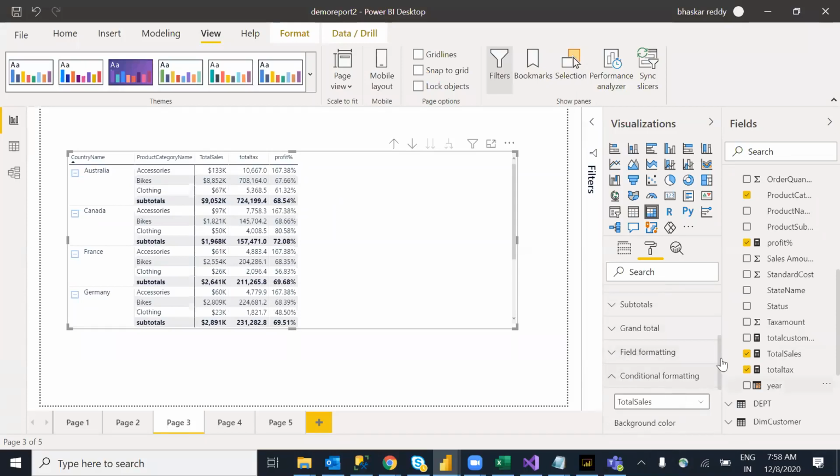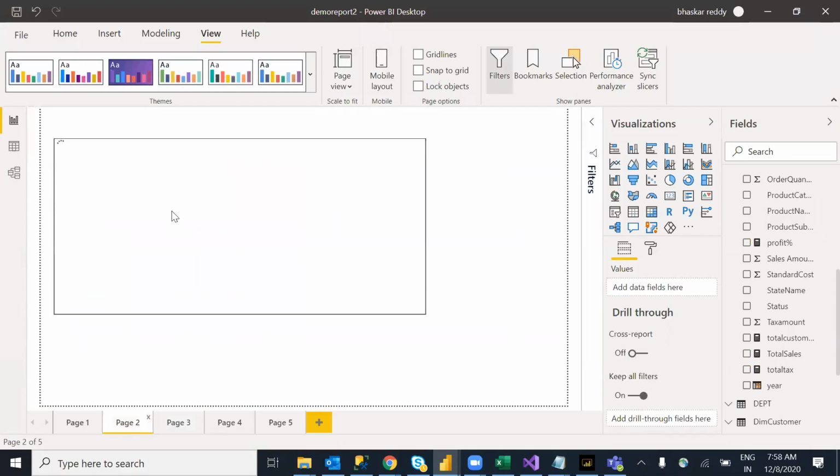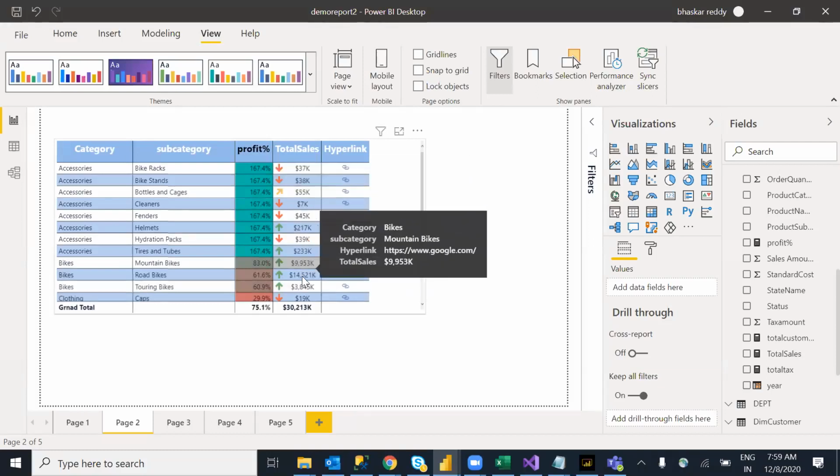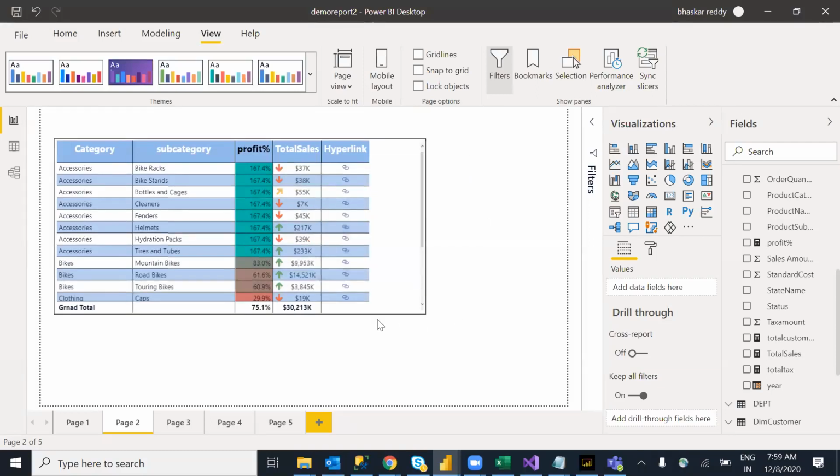Conditional formatting, as usual, we have already discussed it. The same properties based on your condition: background color, or font color, or data bars, or if you want to enable icons as well. Same thing we discussed yesterday. Same options here as well. Based on profit, I want a different color, or if you want different symbols. Based on a number, if the number reaches this much, I want a different color. If the number is in this range to this range, I want a different color.